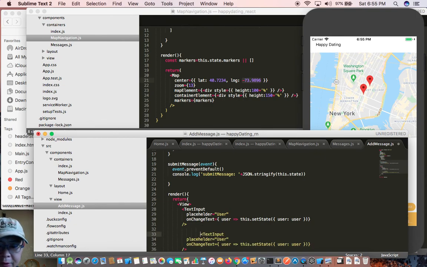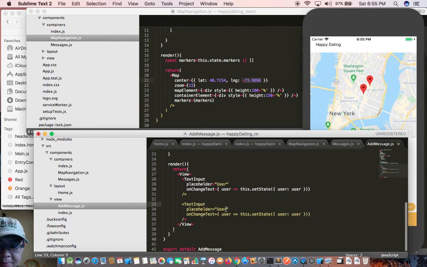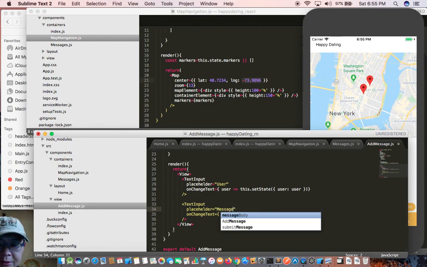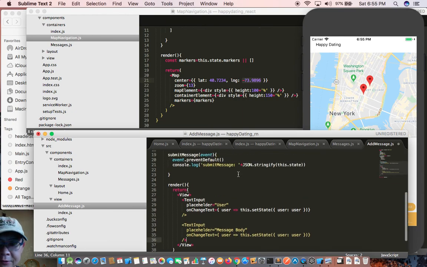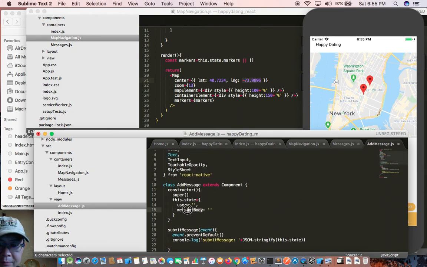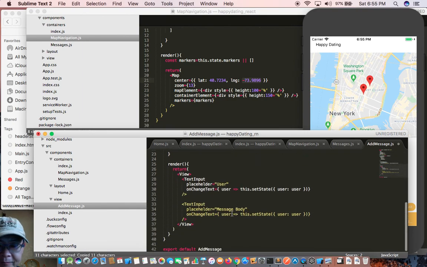We're going to replicate one for message body. Placeholder is message body, on change text equals to message body, and message body. And below that, we're going to have